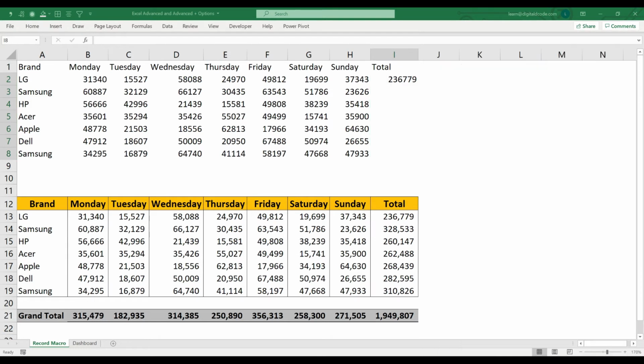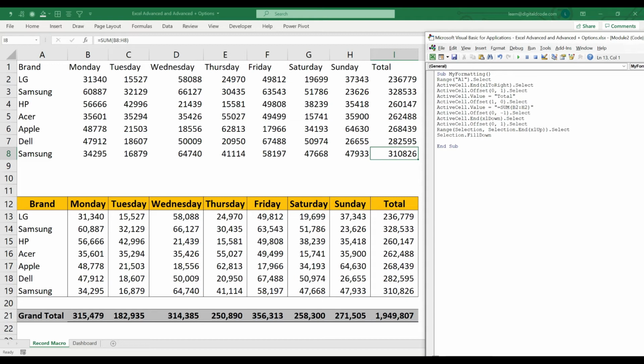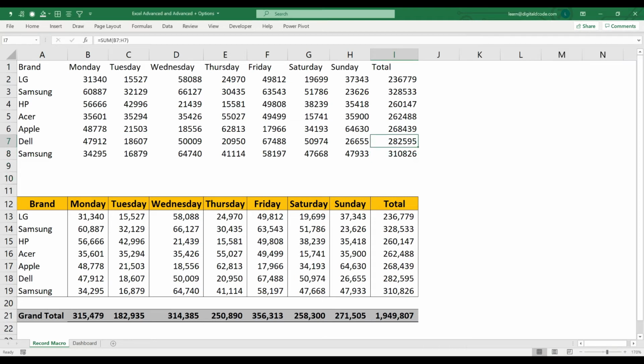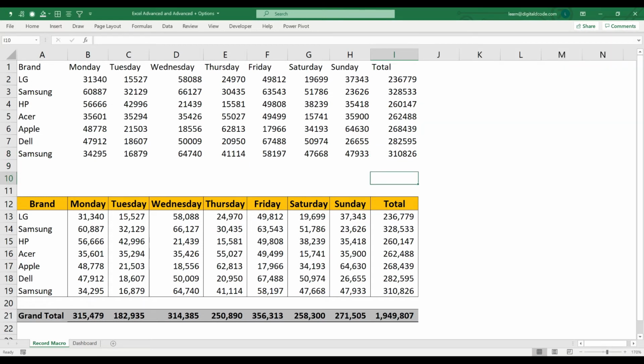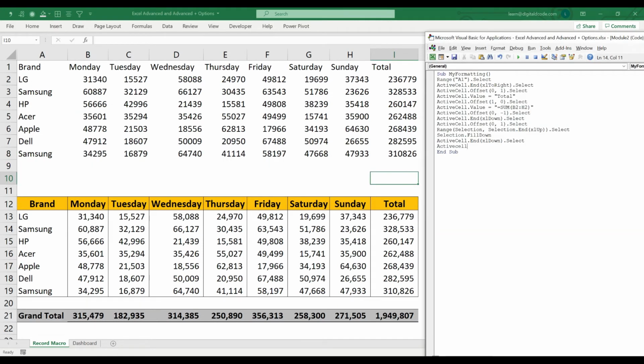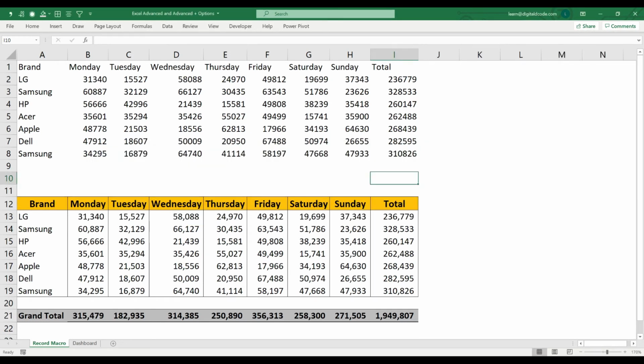Then now I have the formula here, and I need to update one more formula here, so I have to come till the end. ActiveCell.End(xlDown).Select. Again I need to move 2 more cells down. Offset(2, 0).Select. Then now I have to update the sum function.